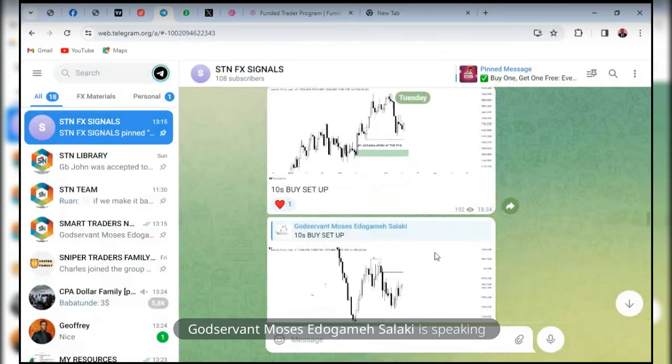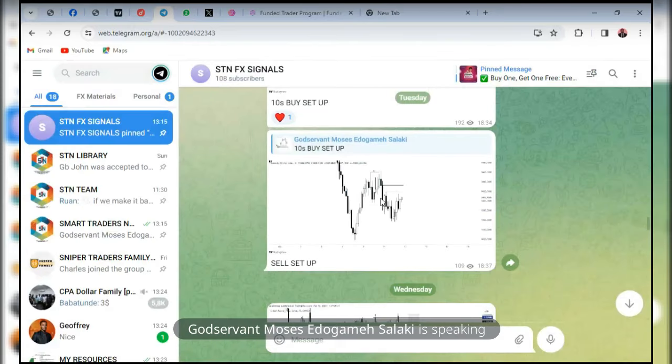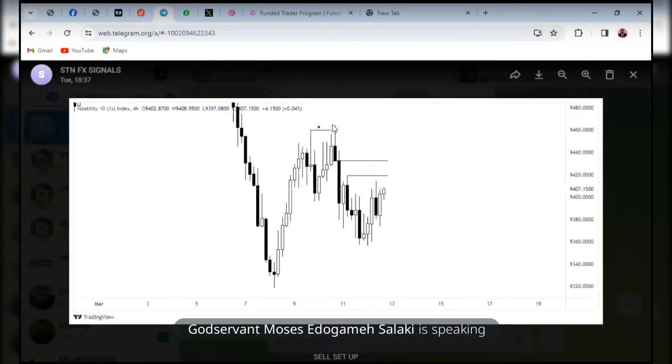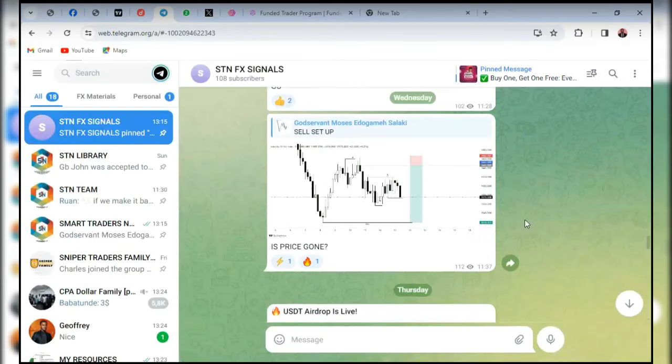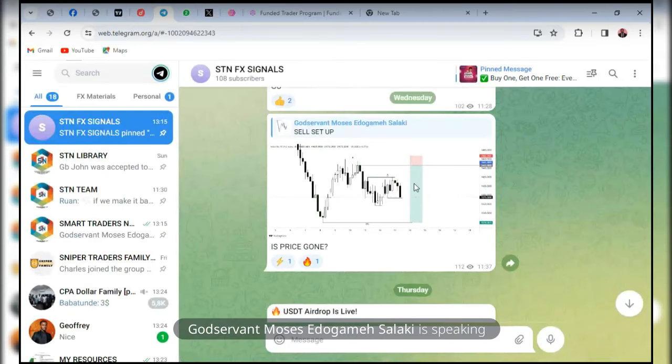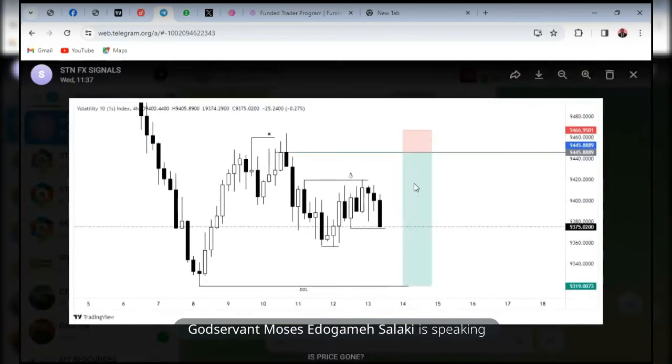Then I went forward to drop the 4 hours view that we had this break lower. We wanted price to come fill this fair value gap or at least tap into it, and we can start looking for lower price into this zone. So I kept monitoring it. And I think on Wednesday,